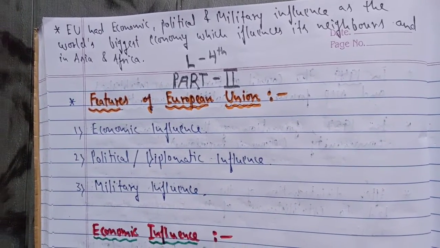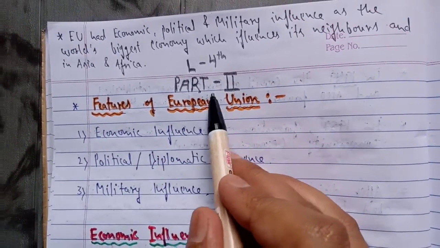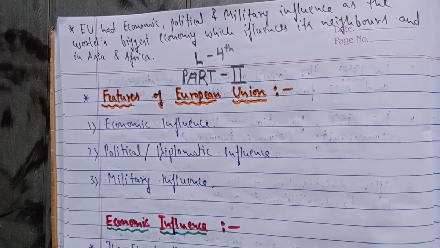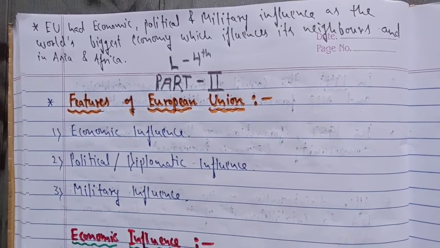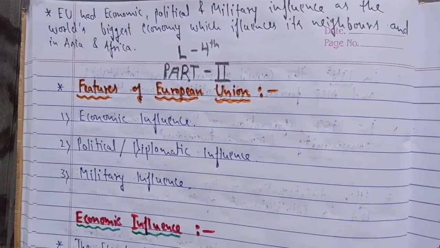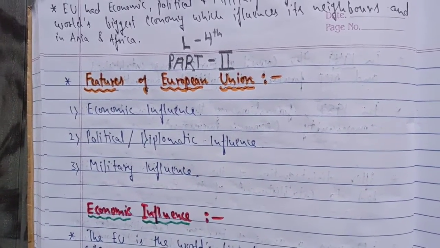Hello students, so here I am starting part 2 of chapter 4. Part 1 we had already finished. So we were doing chapter 4, that is alternative centers of power, and we were studying about the European Union, that